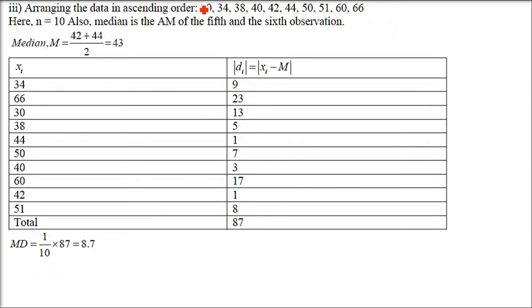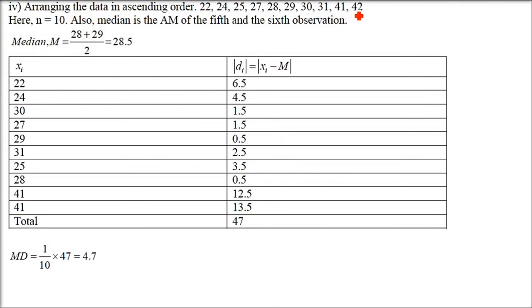Similarly, for this case, these are 10 numbers. Same thing you have to do. Median will not be the central one, because you will not get a central one. You have to take the middle two, add them, divide by 2, and that will come to 43. Subtract each element from 43 and take the modulus, the absolute value, add all of them, and divide by the number of values, that is 10. This is going to be the mean deviation.